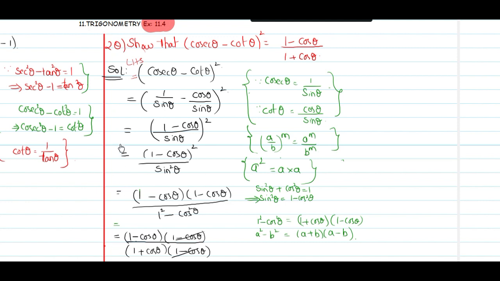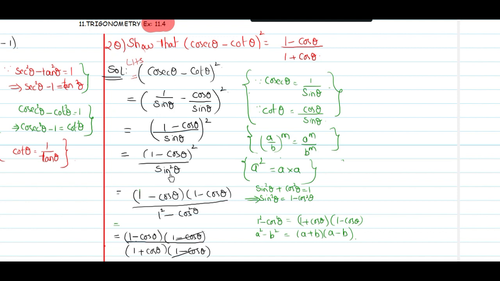So, then can we write a into a as a square as a into a? For every step I am taking, whatever statement I am using, whatever formula, whatever law we are using, we are writing it on the right side. Now, 1 minus cos theta whole square is in the form of a square. A square can be written as a into a, right? So, we can write 1 minus cos theta whole square as 1 minus cos theta into 1 minus cos theta,